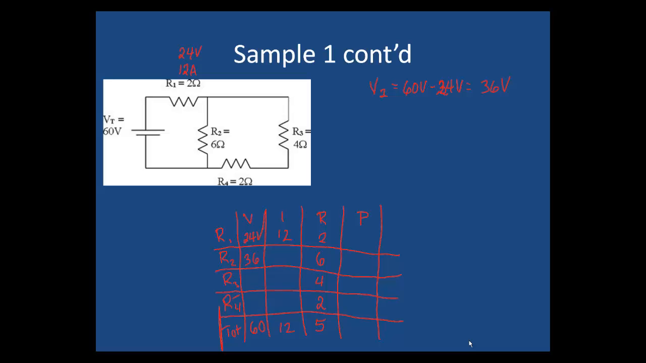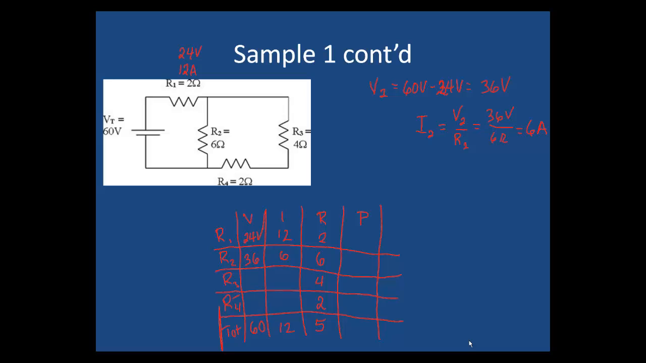Now, if I know two things on a row, I know everything else. So I2 is going to be equal to V2 over R2. 36 volts divided by 6 ohms is 6 amps. So therefore I know that. Now if 6 amps goes through R2,